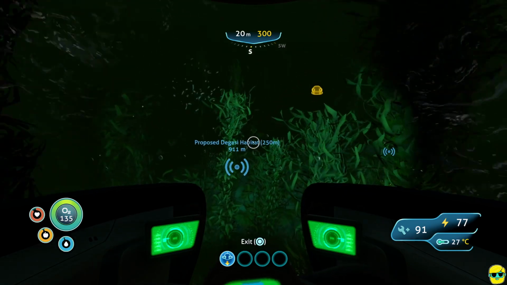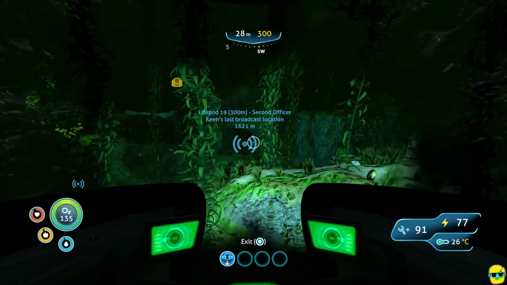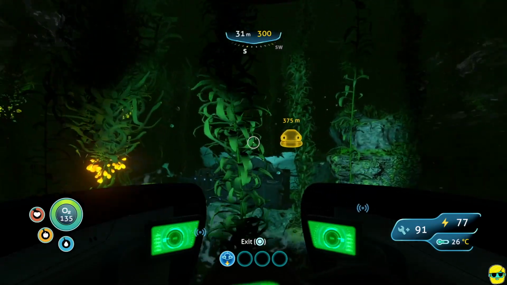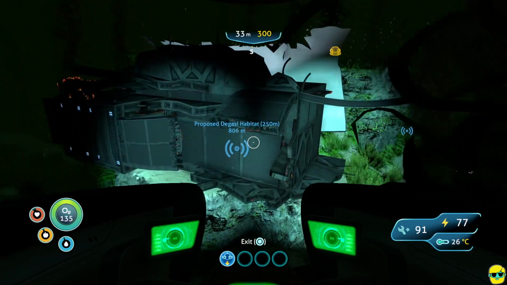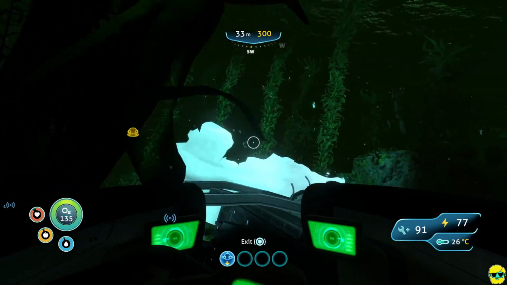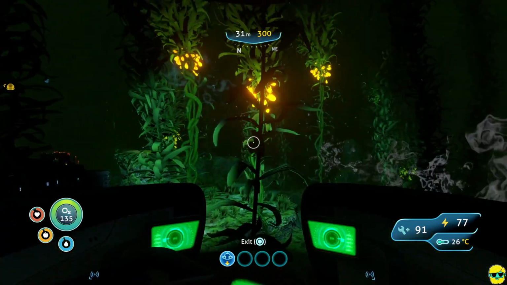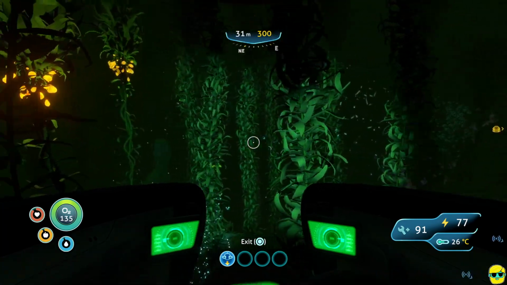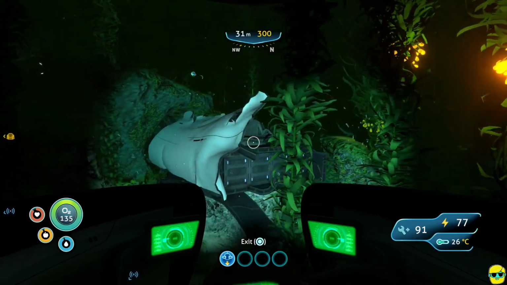We have some new coordinates, the proposed Degassi habitat, and life pod 19, two places we can go. Oh, and here's a little bit of a wreck site from the Aurora. What was that? Oh, we've been hit by something. Somebody was not happy with us. One of these fine